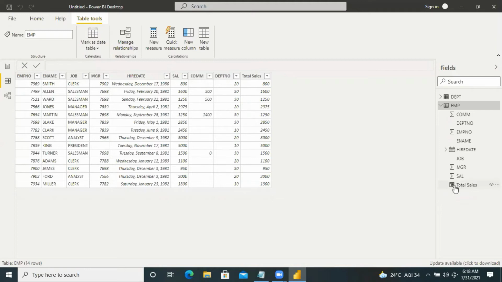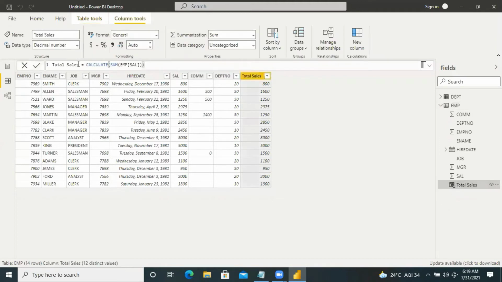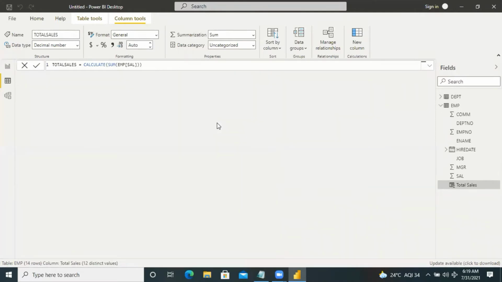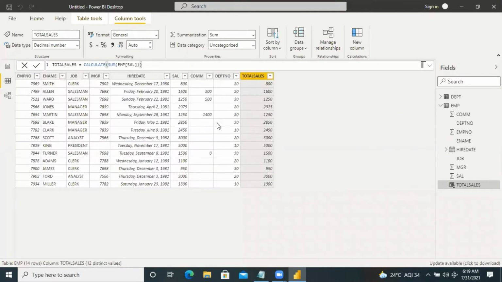For total sales, the calculate function sum with EMP column salary. We got the result here.